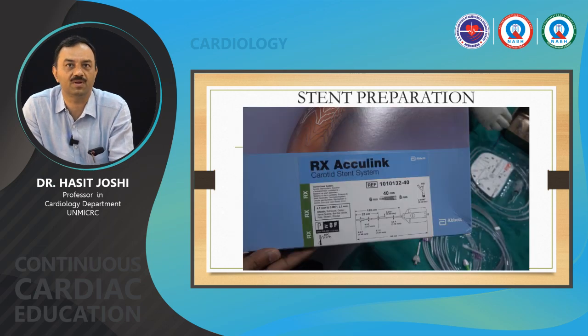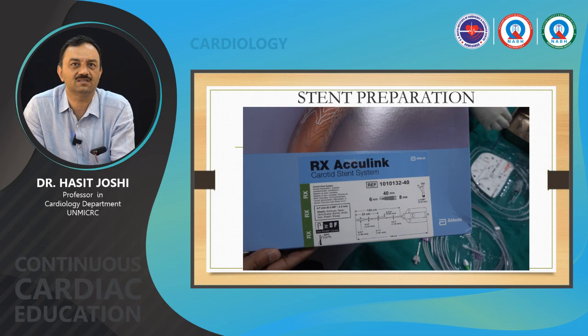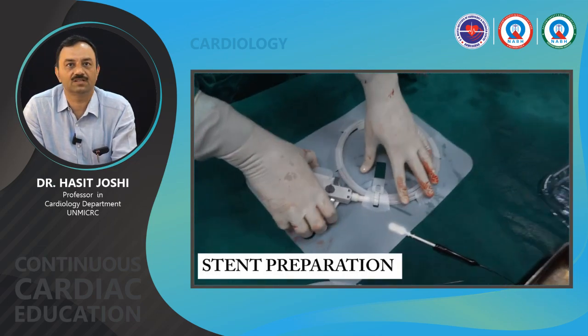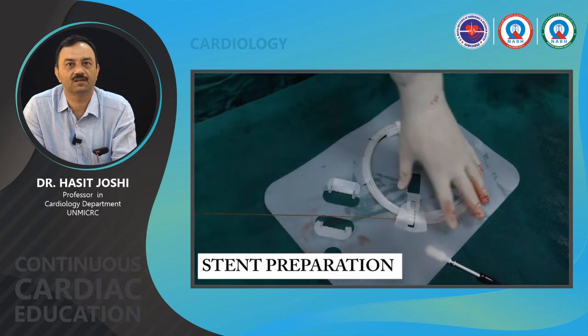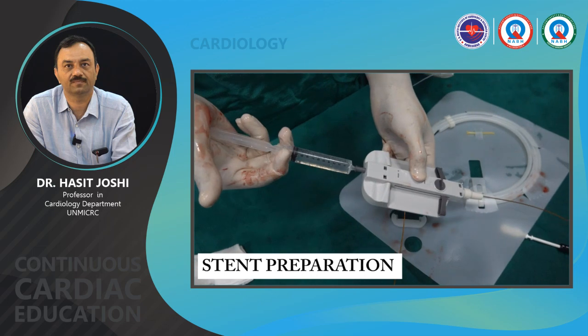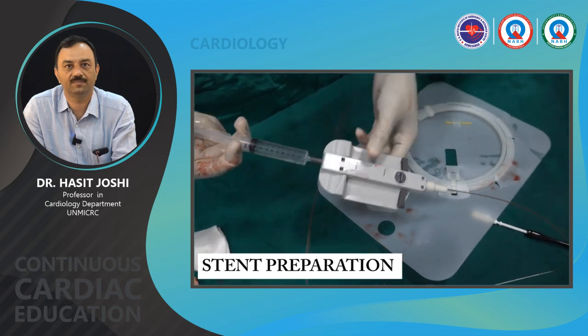Now comes the stent preparation. This is 8 by 6 into 40. Run the video, please. This is a self-expanding stent. Flush the back portion of it. Remove the stylet